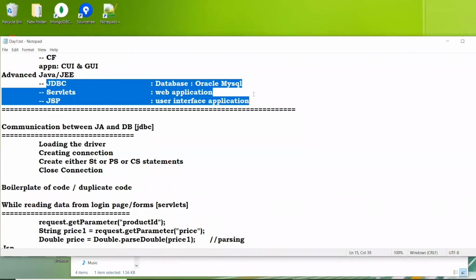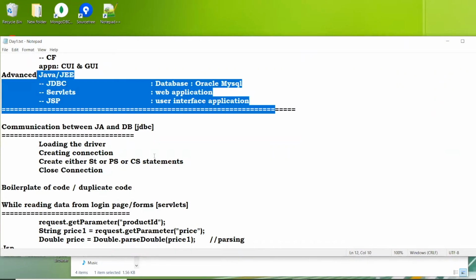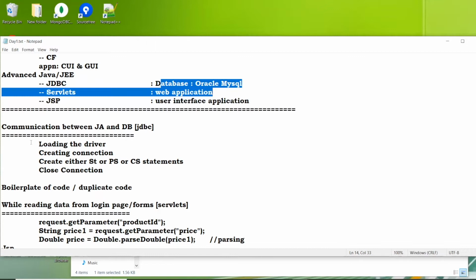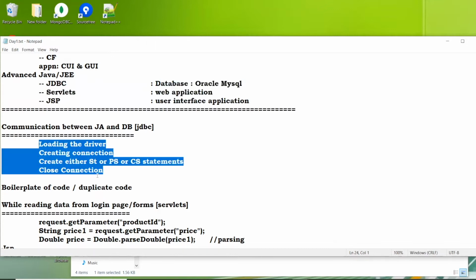Then what are the problems with advanced Java? A lot of boilerplate code. For example, if you want to interact with the database, we keep on writing this type of code. This is one scenario; we have lots of scenarios like this. Loading the driver, creating the connection object, creating the statement object, creating the prepared statement object, executing the query, getting the response in result set format, and after that closing the connection.